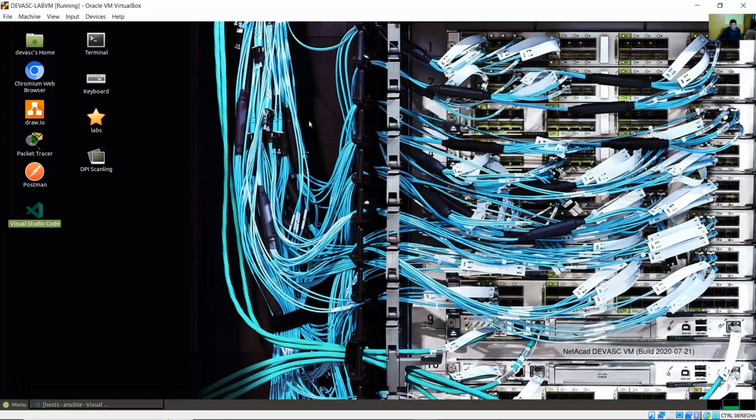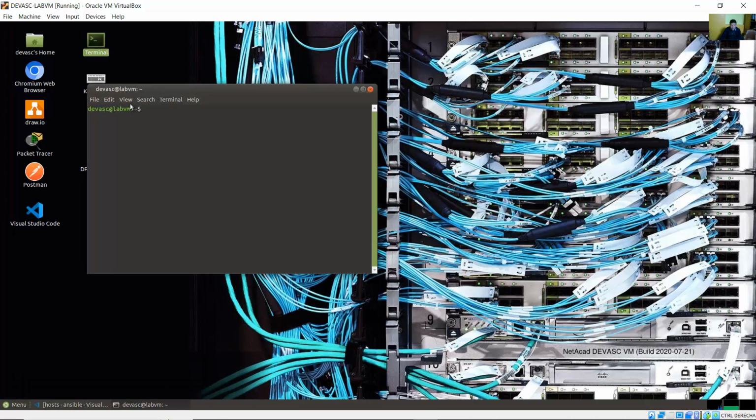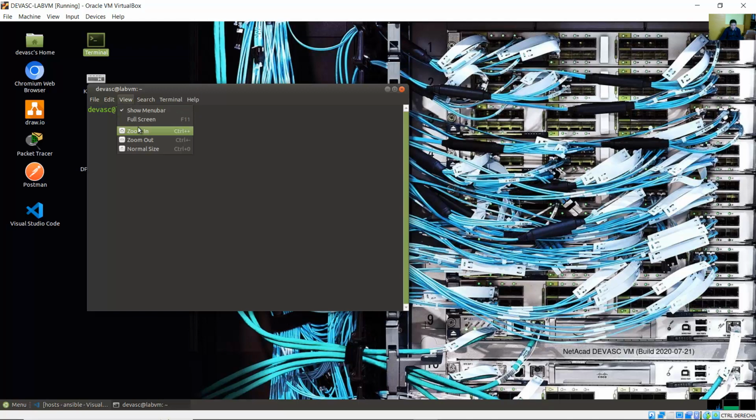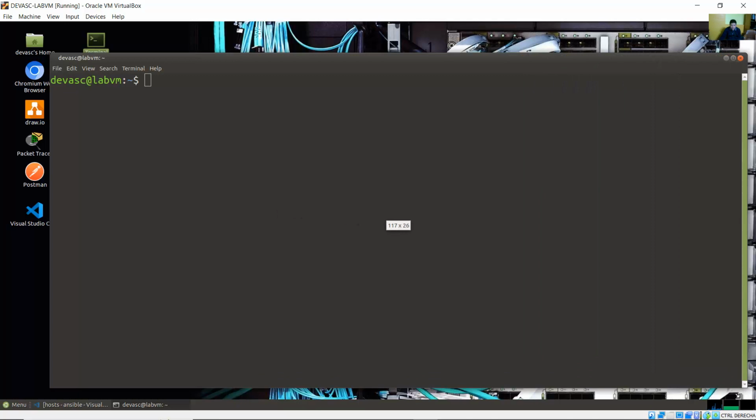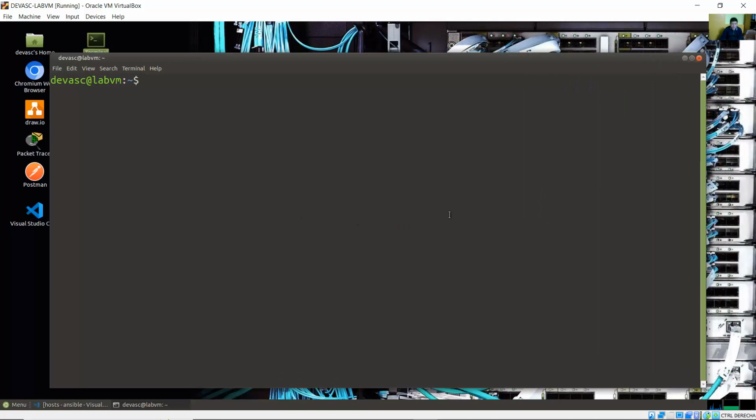Hide Visual Studio Code, open a terminal. Okay, for example, go to cd labs, cd devnet. Press tab to complete devnet-src, enter, and cd ansible, tab, enter. Okay, you are in the labs/devnet-src/ansible directory,